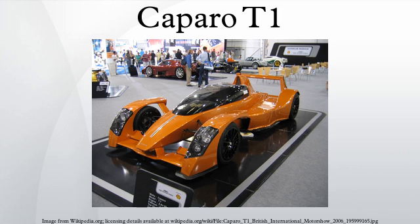The Caparo T1 is a British mid-engine, rear-wheel drive, two-seat automobile built by Caparo Vehicle Technologies, founded by design director Ben Scott-Geddes and engineering director Graham Halstead, engineers formerly involved in the development of the McLaren F1. The T1 was inspired by Formula One design, and intended as a relatively affordable road-legal racing car. The T1 was scheduled for production in mid-2007 for a price of